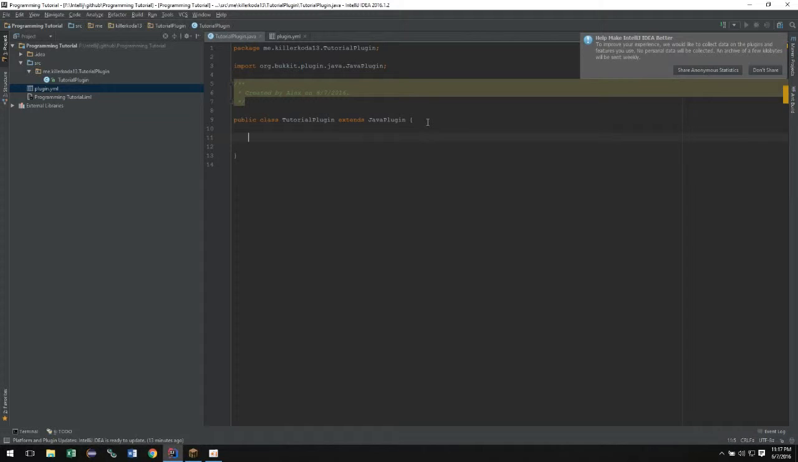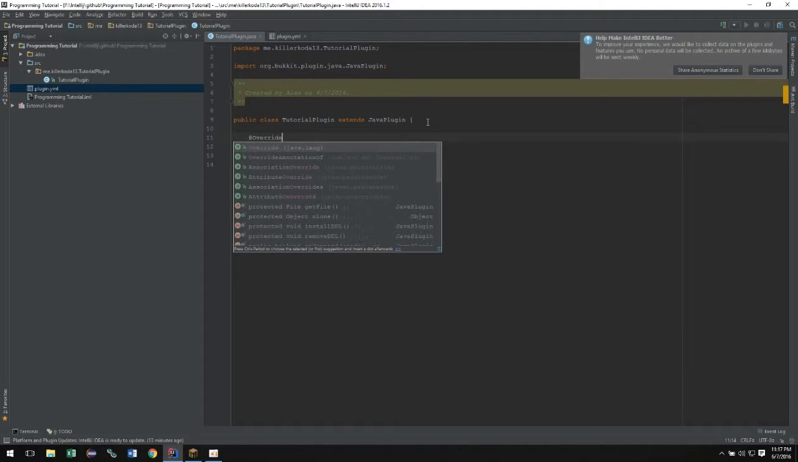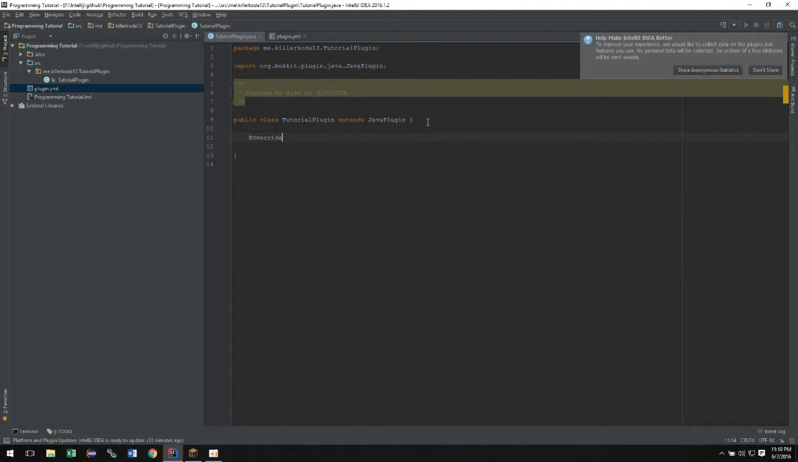Okay. So now what we're going to do is @Override. Whenever you do @Override, it's like a little annotation. Let me type this out real quick. Because onEnable is already a method, we have to do @Override. If we don't do @Override,